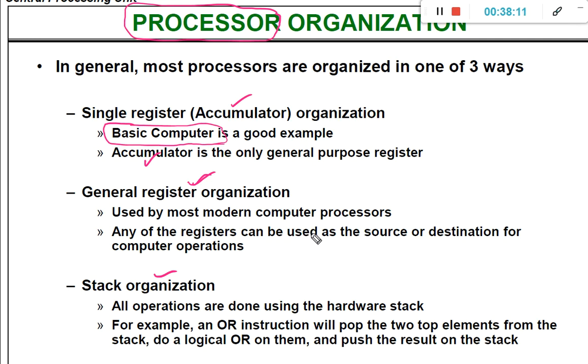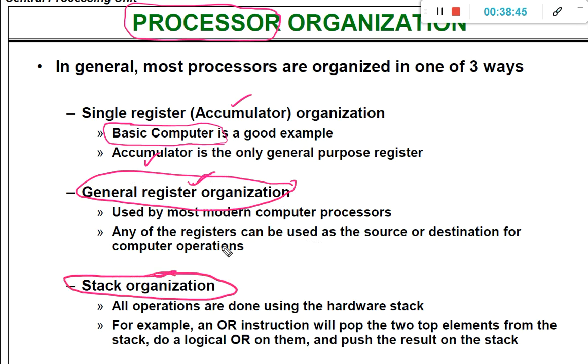There will be several general purpose registers, and we have seen one example which uses registers R1 to R7 and implements different operations using two common buses rather than one common bus to speed up the operation, as well as how we store the generated output once again in these registers. That is called general register organization. And now in this class we have seen the stack organization.